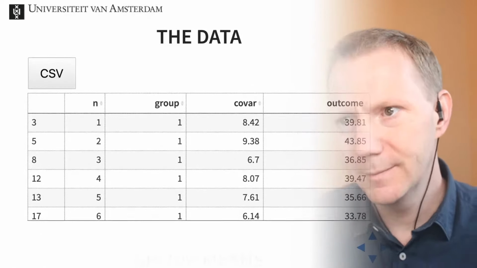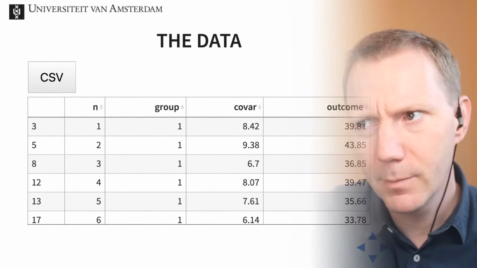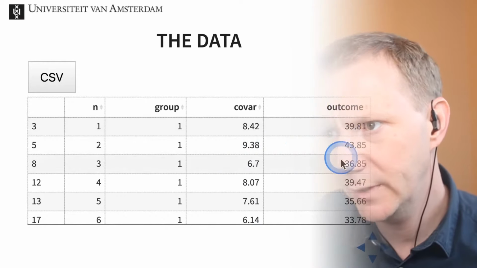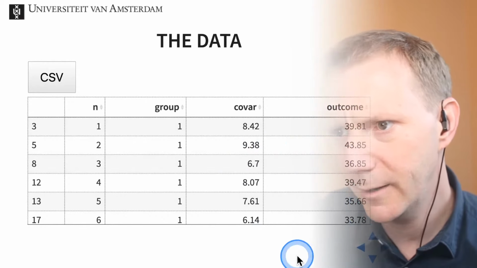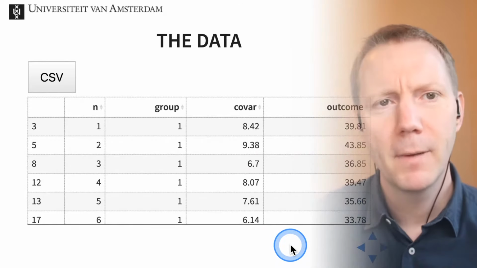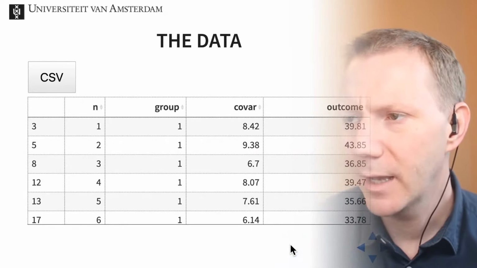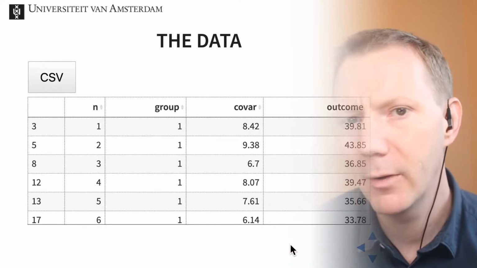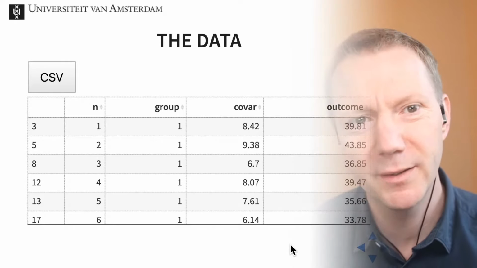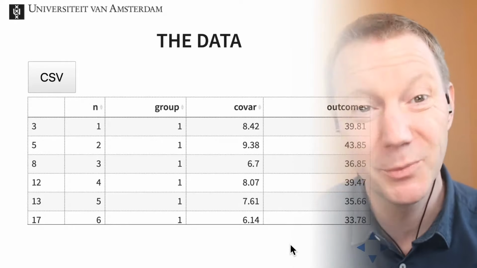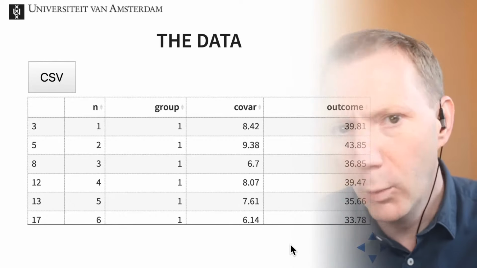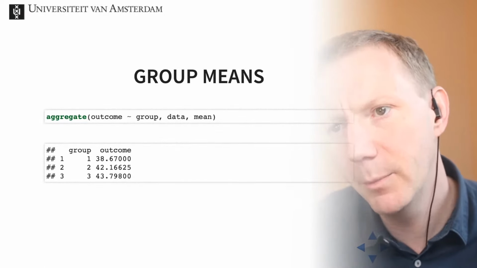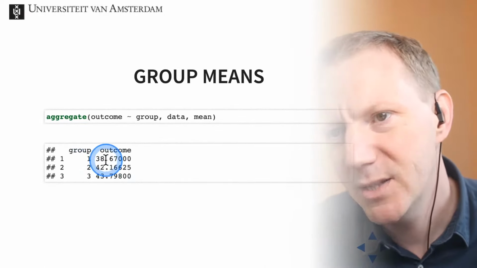So if we just look at the outcome value, we see all these scores in there, and we would say, okay, I've done my experiment. I've gathered all the data on how extroverted the Dutch, the Germans and the Belgians are. What are the means within these groups? If I just look at that outcome value and calculate the means, I see that